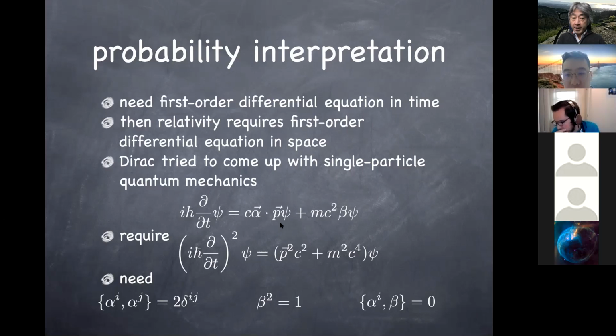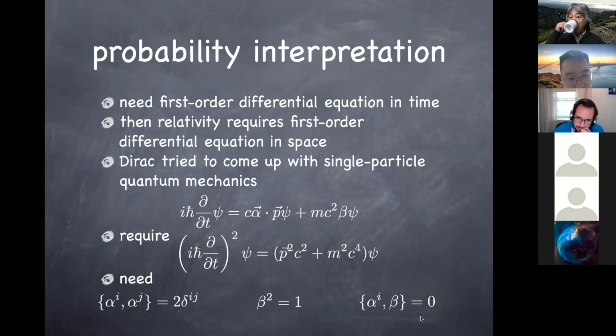So in order to obtain this first order differential equation both in space and time, and to have the correct dispersion relation between energy and momentum for a relativistic particle, now we know these coefficients, alpha and beta, have to be some special things that satisfy these anti-commutation relations. What could that be? Turns out to be 4x4 matrices, and that's on the next slide. But I hope you at least follow the arguments on this slide. Any questions about this?